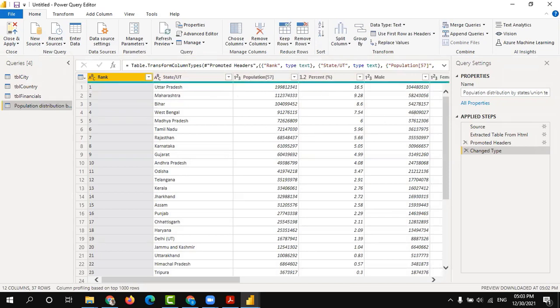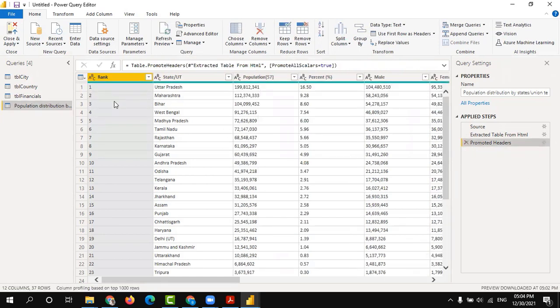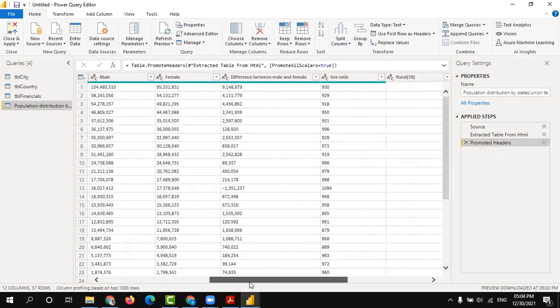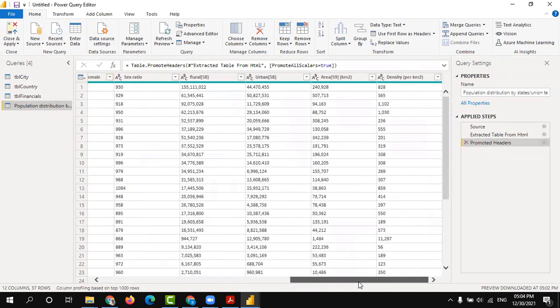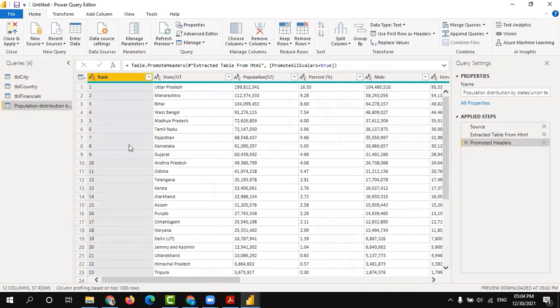Let's say I'm going to delete this step. I'm going to add that. Suppose your model has recognized all the columns like this. You can see all the columns. Now, the very basic step after importing the data into the Power BI query model is that you need to check the columns, whether these columns are converted properly.